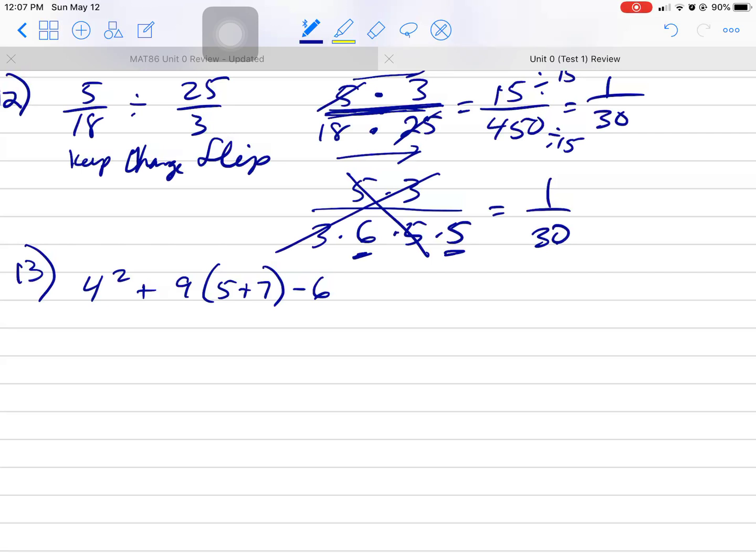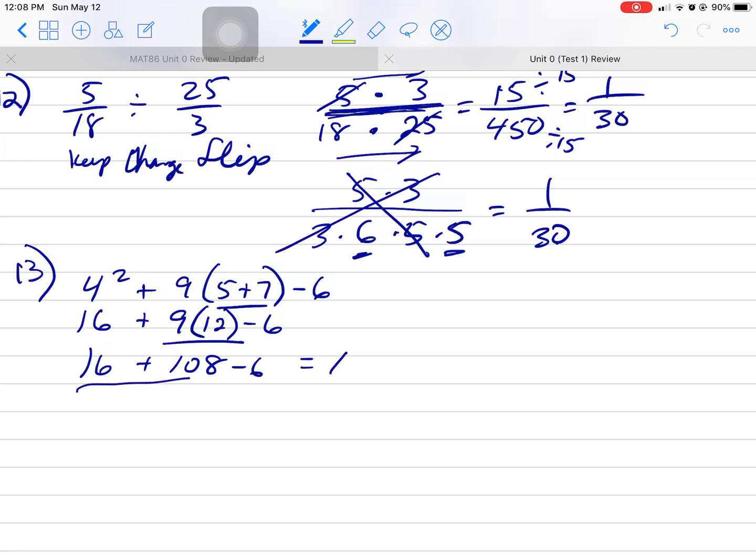Order of operations. I've got parentheses and I've got a square. If you want to, you can square this one first, or you can just leave it as is, but you definitely need to find out that 5 plus 7 is 12 minus 6. Must do that next. It's very tempting to do something else, but it's not going to work out for you. And then add these all together. Add these two and then subtract 6, and you should get, okay,